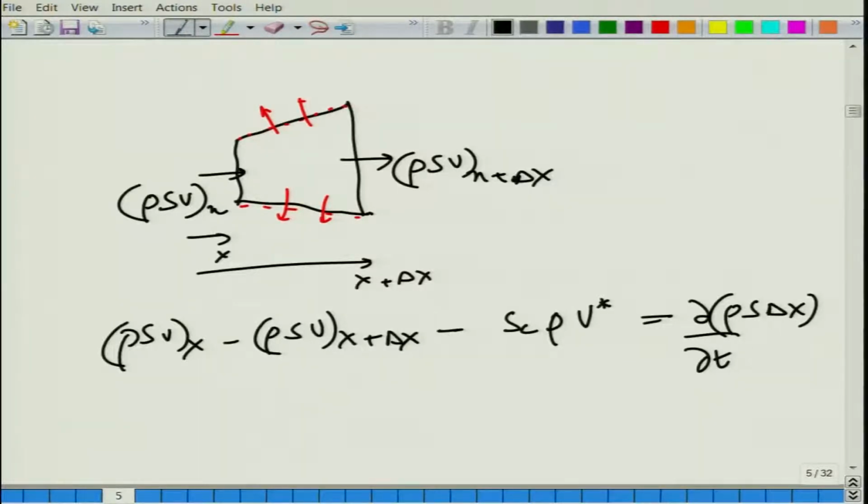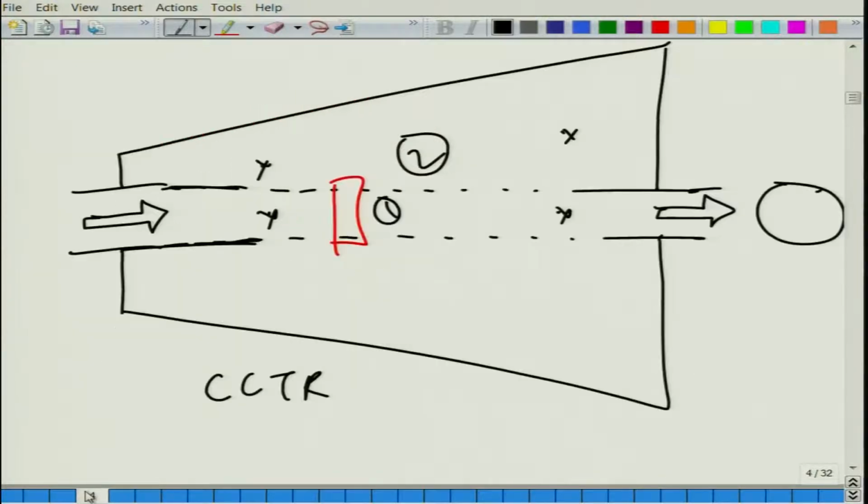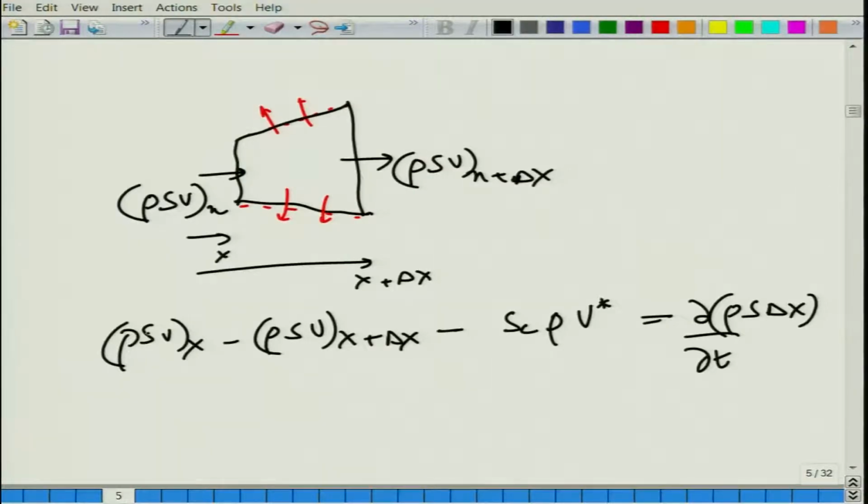At this stage of this course, this term should be very familiar to you when you equate the mass influx and outflux across a control volume. So, we will apply the standard procedure. Note that S here can also be varying in general. What it means is that this S is the cross section area. You can see this is a uniform pipe, but for generality we will keep S varying, and then we will assume that S is remaining constant and strike out certain terms. So, for generality's sake we will follow like this.